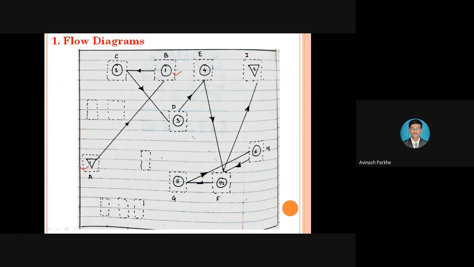In which direction your material is moving, in which direction the movement of the man is taking place. So this flow diagram will be applicable for the material also, or sometimes for the movements of the operator, because sometimes a number of machines can be handled using a single operator only. So to handle that number of machines simultaneously, what will be his movement? Whether he is moving to machine number 1 first, or machine number 2 first, or machine number 3 first.